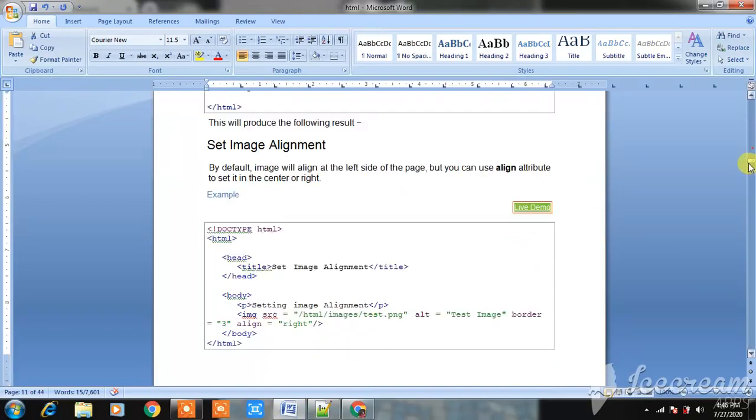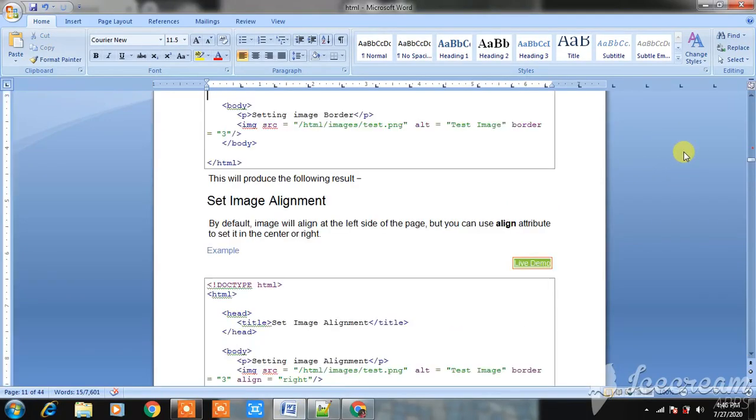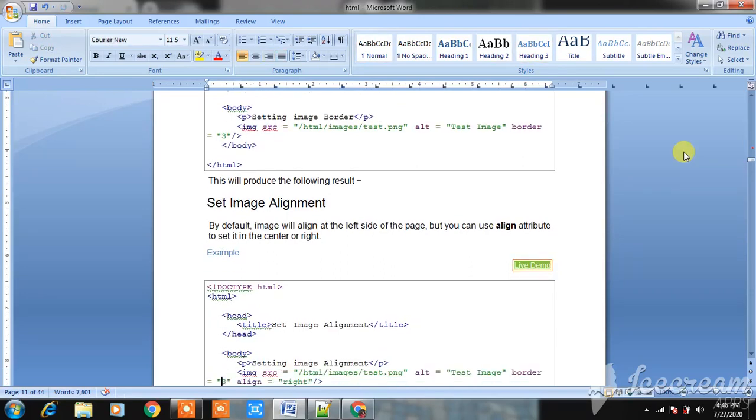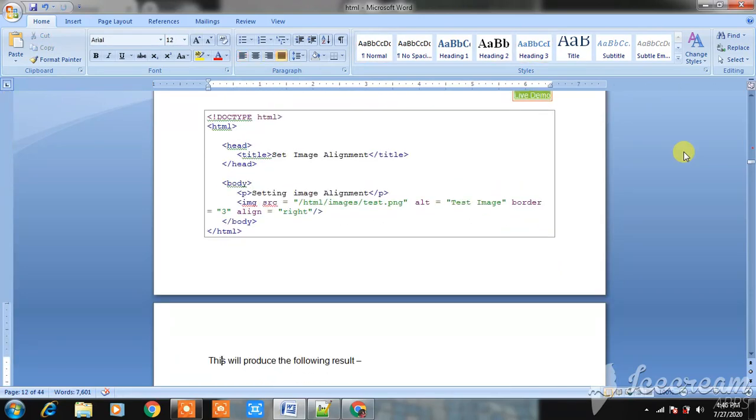Next is alignment. How can you set the alignment of your image? By default, the image will align at the left side of the page, but you can use the align attribute to set it to center or right as well. So we are taking our image alignment.